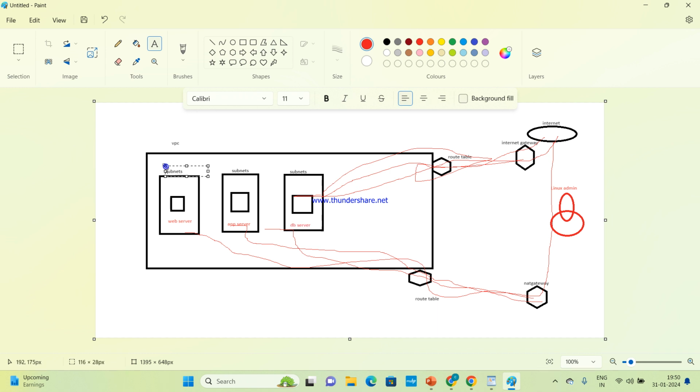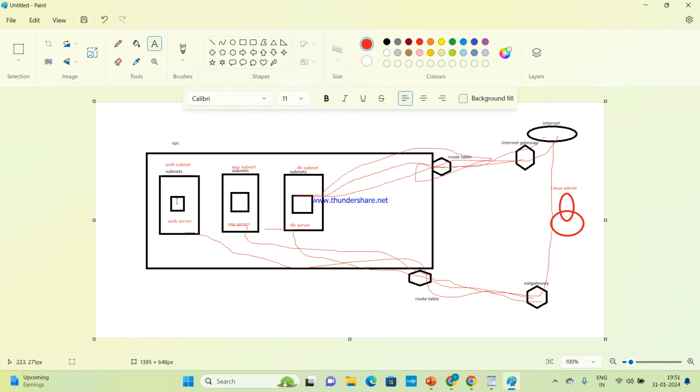The subnets will be web subnet, app subnet, and database subnet. So in three-tier, every application will run on three servers: web server, application server, and database server.